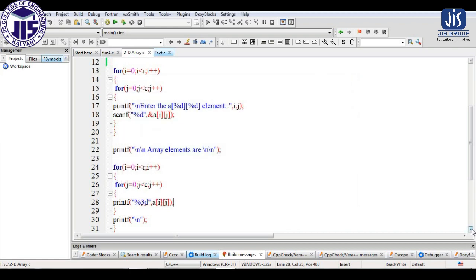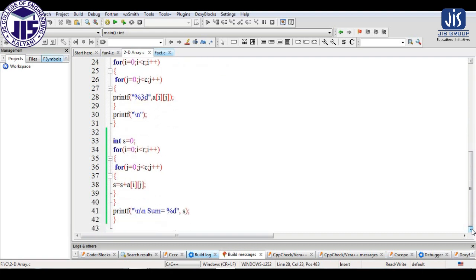In the same program, I will also show a simple operation on a 2-dimensional array, that is performing the sum of the elements of the array that we just entered, how to find out the sum. The logic of performing the sum of a 2-dimensional array is very similar to the 1-dimensional array. The same logic we are using here. We have taken a variable s as 0 and here we are performing the sum operation. We are considering the loop similarly. The outermost loop is the row and the innermost loop is representing the column, and in that way we are performing the sum. And I have also just shown how we are shifting from one row to another row.